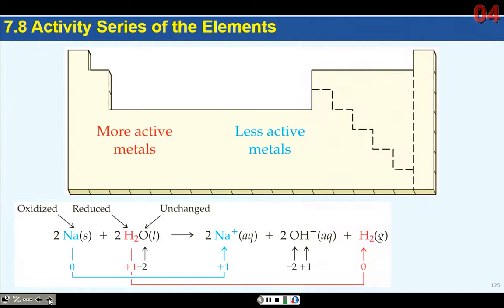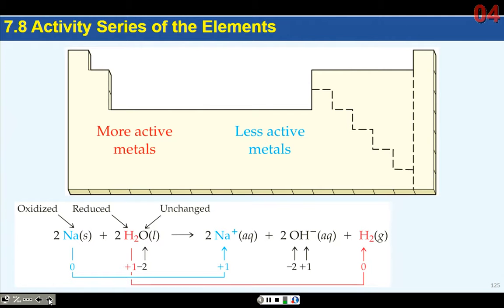So what we have to look at is which things are more active or less active. The more active things tend to be the group 1 and 2 elements. The less active ones are going to be other transition elements. You can't predict them without the chart unless you've got a lot more information than we expect you to know in this